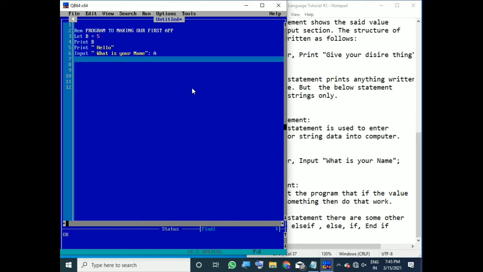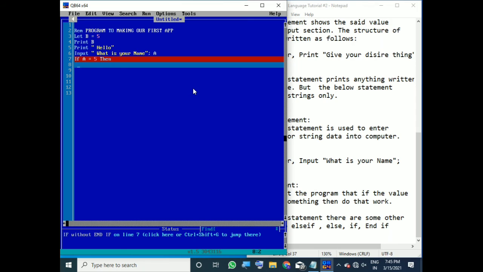So let's write that if a equals, I say 5, then in the next line print, okay, so you like 5.